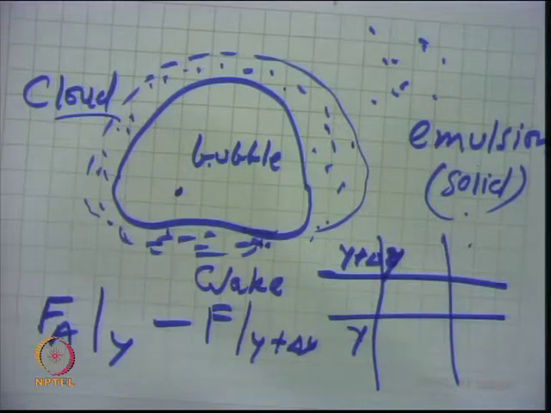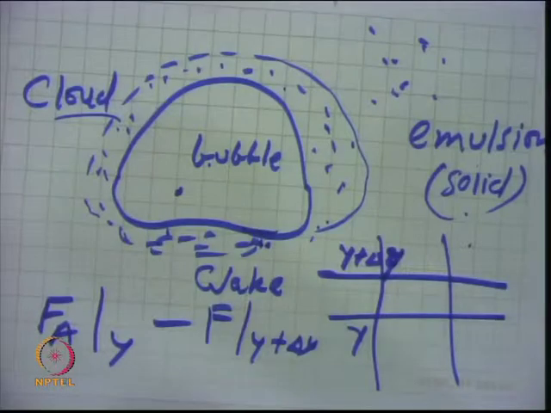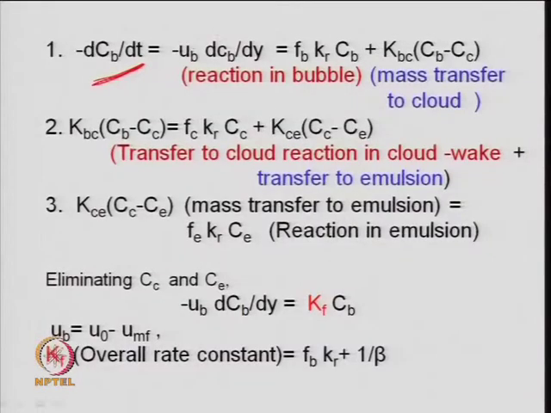So, we can find out, to achieve a given conversion, what should be the height of the column, if you know how the concentration changes between two sections, between y and y plus delta y, right, and this is what we are writing, a material balance simply. So, FA is what? Concentration into volumetric flow rate, or volumetric flow rate is area of cross section multiplied by velocity. So, this is what is written here, and when you write a differential, then this thing we have already done. So, minus UB, that is the bubble velocity, and dCB by dy, that is now the change in concentration with respect to y, right.